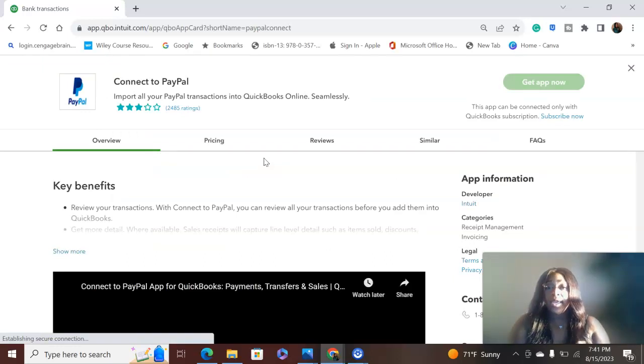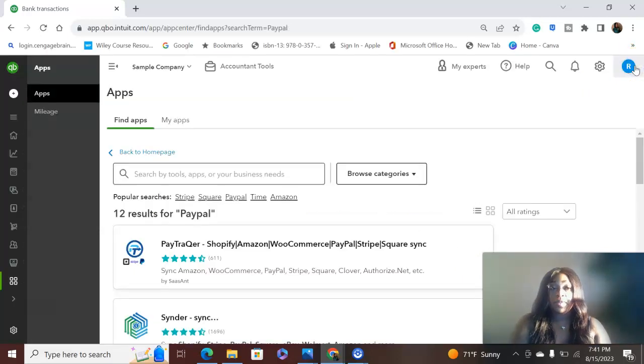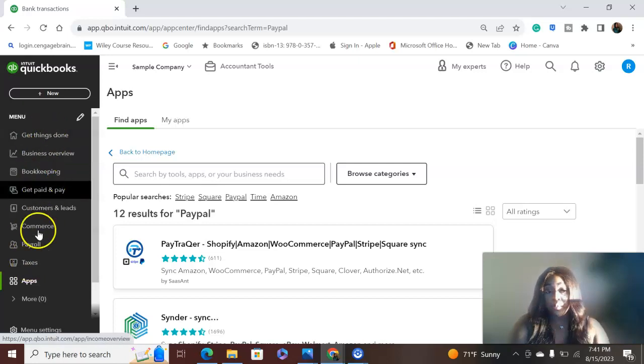So you will go right here, it gives you details on the app. You will typically hit get app now, do your sign in information, and then that will automatically connect to QuickBooks. Because this is a sample company, I can't do it. But we'll quickly go over what this menu means, and then go to my next video to